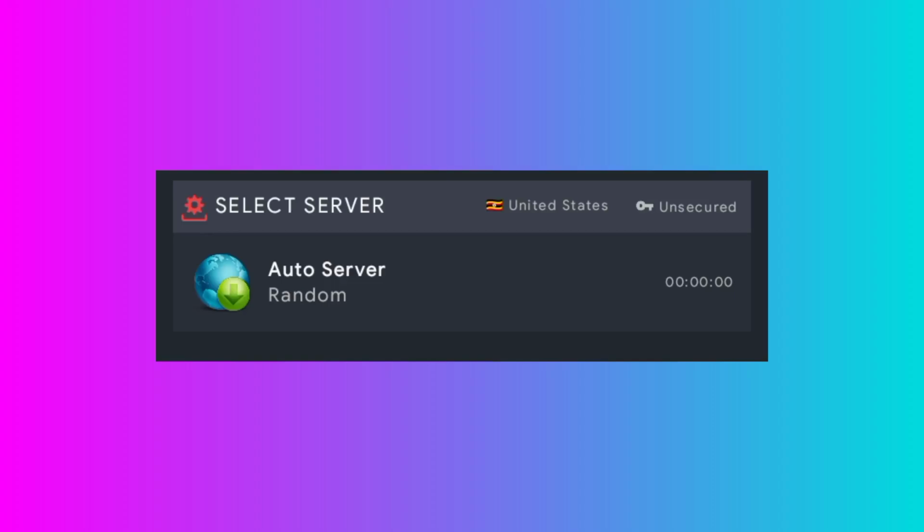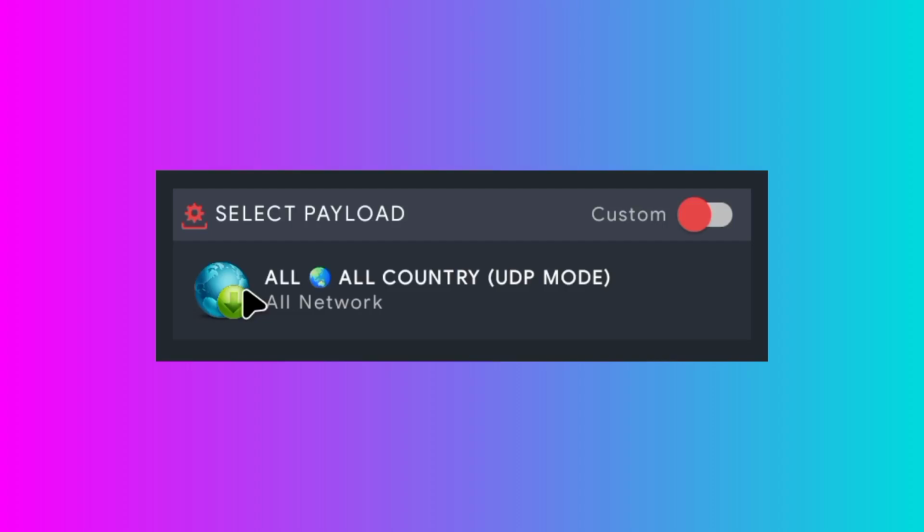And after that, you're required to pick a connection method. For example, if your country supports UDP, you pick this option of all network, all countries UDP. This is because UDP is fast and secure when you are online, and UDP is working for all countries which